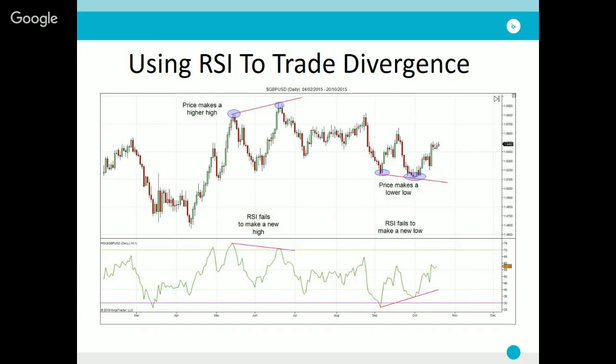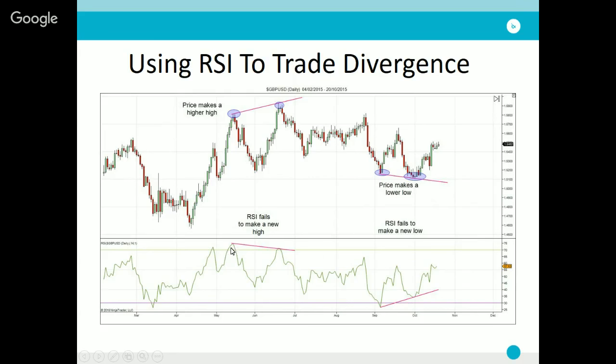And indeed, it can actually be a useful tool for avoiding false breakouts, because if, for example, we were looking to trade a breakdown through this support, then we would want to see more bearish momentum in the market. So we want to see the RSI indicator making a new low, signaling to us that the move was likely to continue. So if we look back at the bullish example, we can see that as price pushed through this initial high, as we broke higher to make new highs,